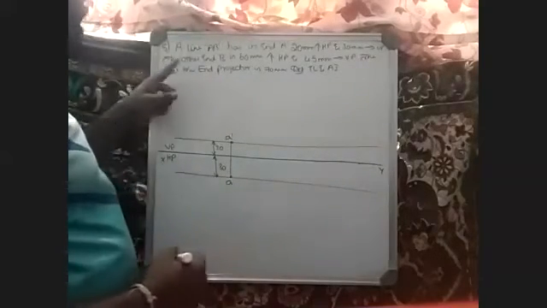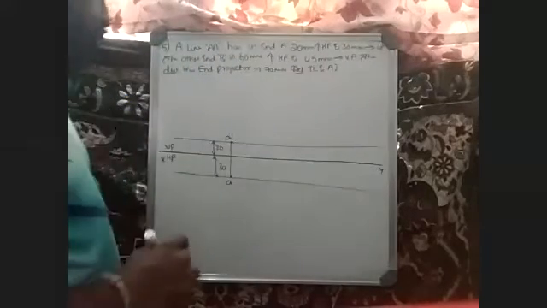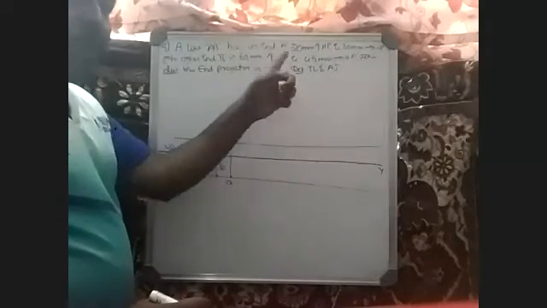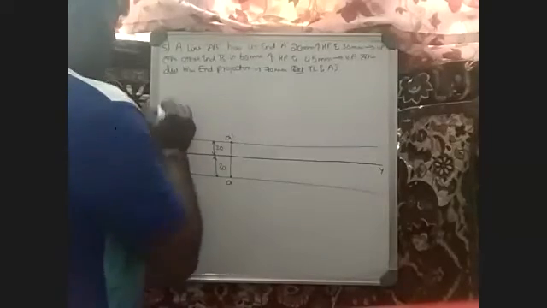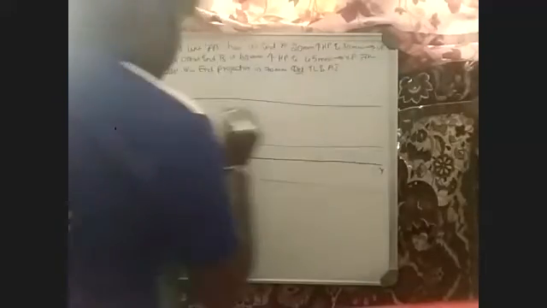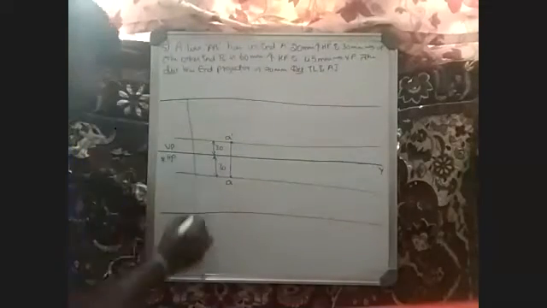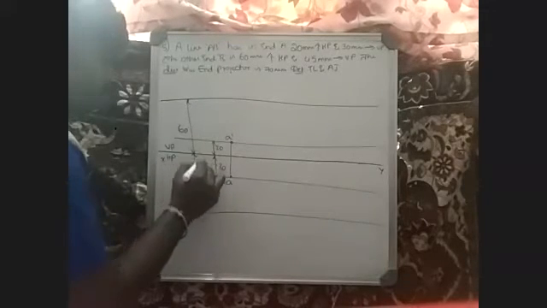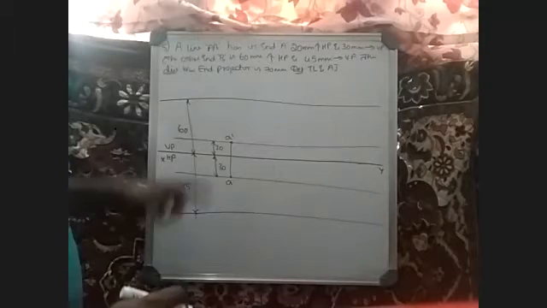Okay. Then it says the other end B. The other end B is 60 mm above HP and 45 mm in front of VP. If point A is 20 mm above and 30 mm in front, the other end B point is 60 mm above and 45 mm in front. So for 60 mm above, from the XY line, measure 6 boxes and draw one more vertical line. And for 45 mm in front, from the XY line, measure 4.5 boxes and draw one more line. So the distance between this and the XY line is 60. The distance between this and the XY line is 45. Okay, so that's what I have done.